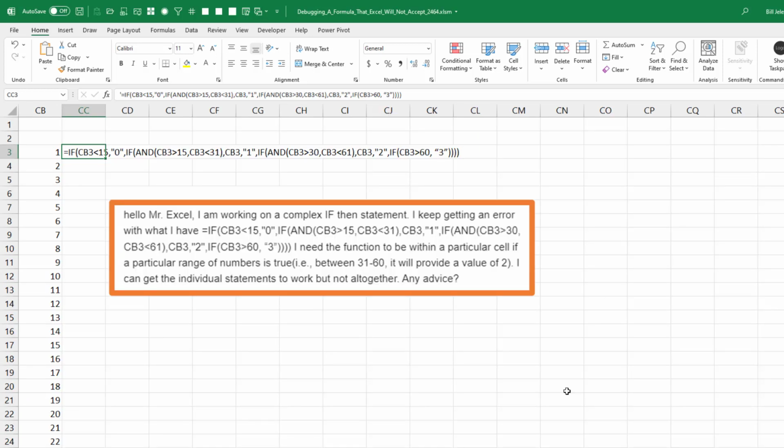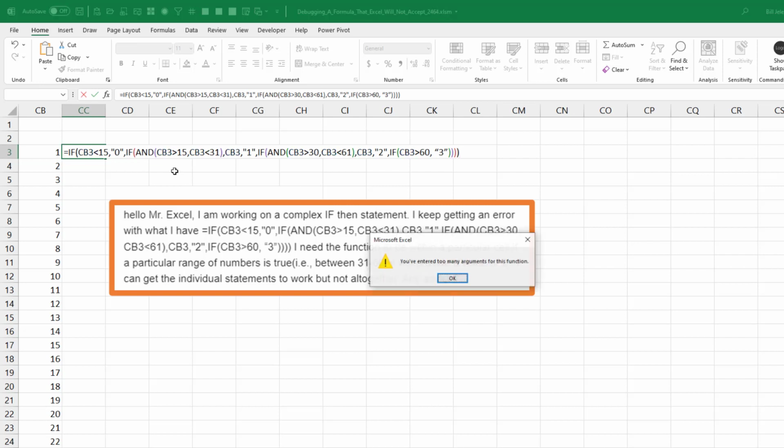All right, so someone on YouTube posts this question. I don't get to see any of the spreadsheet. All I know is this formula is not working. So I come out here, looks like they're talking about CB3, so I build just a set of numbers starting in CB3, and I try and enter this formula in the adjacent cell, and when I press enter, I get,